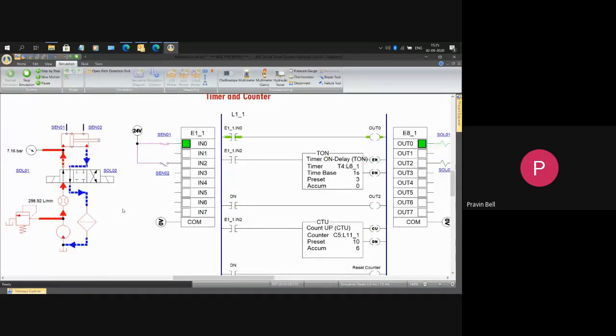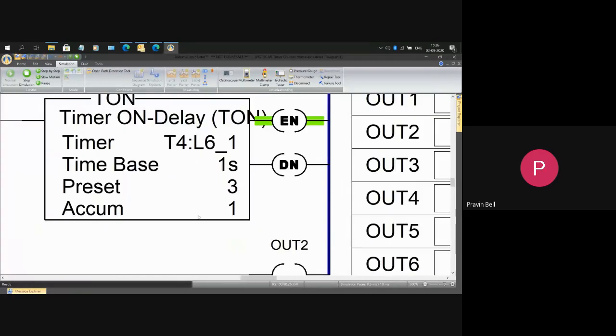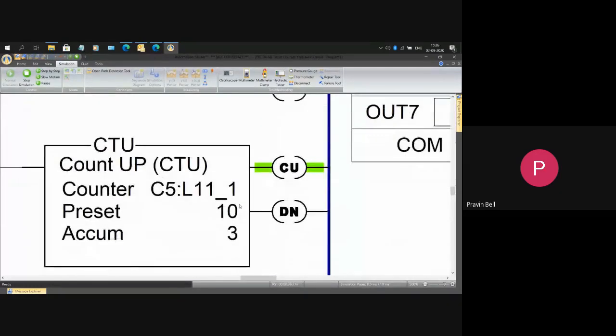The piston stays for 3 seconds at end position, and then it comes back. And this is very visual because anyone who's teaching PLCs will appreciate the beauty of this type of a simulation. You can see where the signal is coming, which switch is opening, closing, what is happening to the hydraulic circuit. Even on the timer here, you can see the timing count here. Every time the piston hits end position 1, 2, 3. Then this counter is counting here.